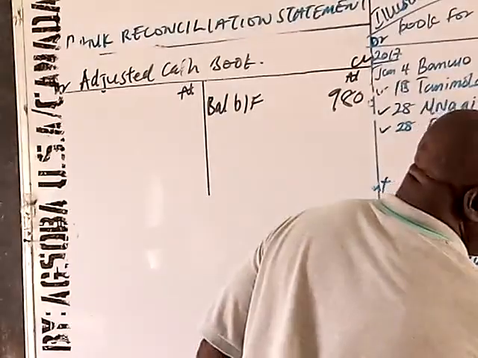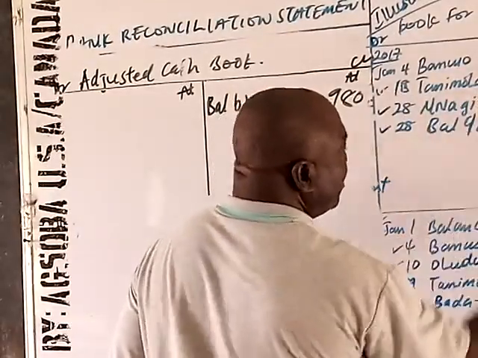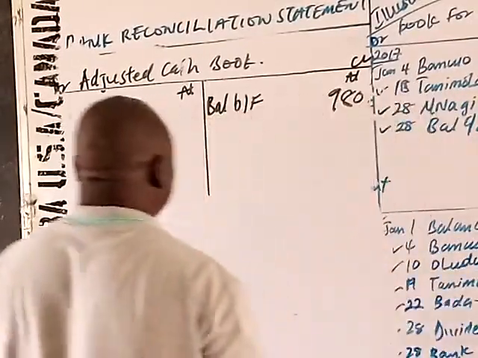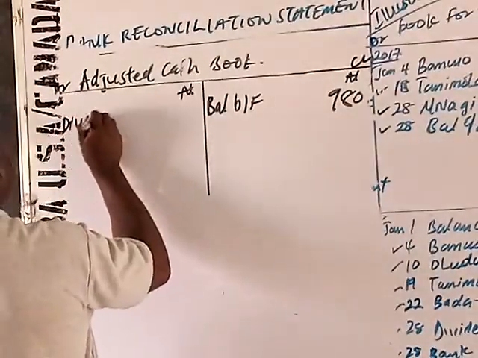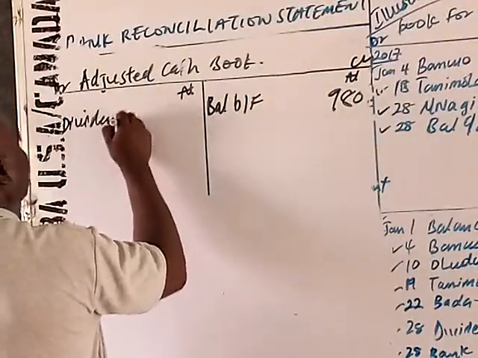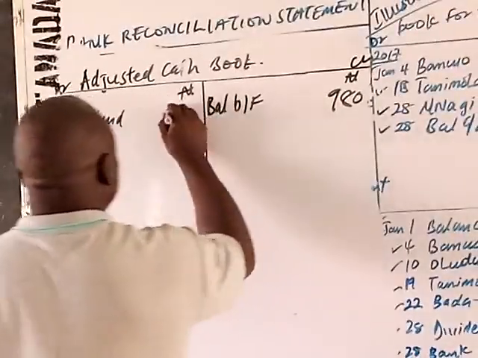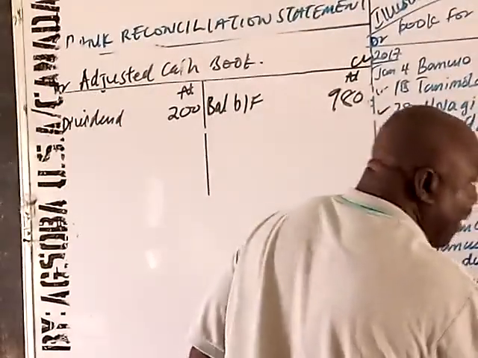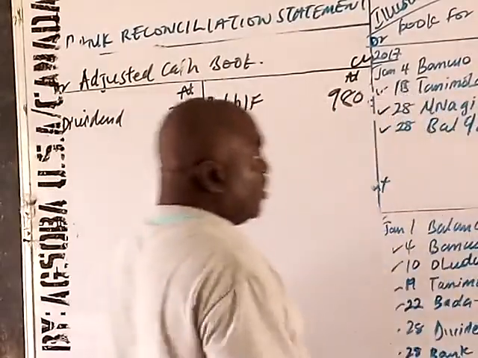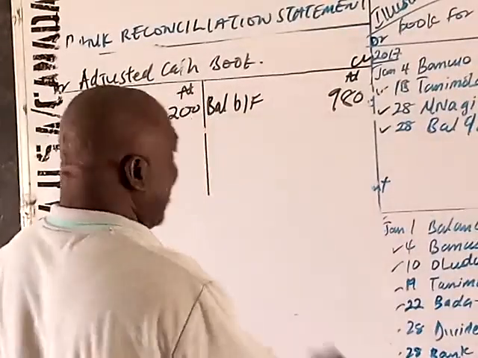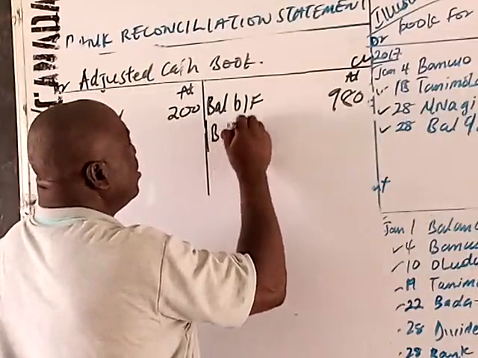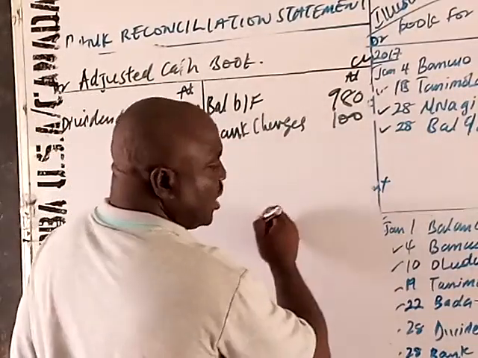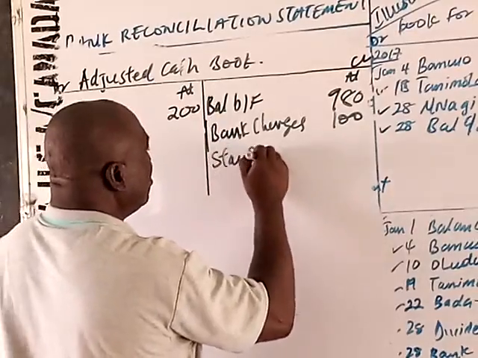The items you find here that are not here, you bring them down. So what are the items that are here that are not here? Only our dividend. So you now say dividend. Dividend is how much? 200. Then the items you have here that are not here, you bring them down again. So we have our bank charges, which is 100. And then we have our standing order,